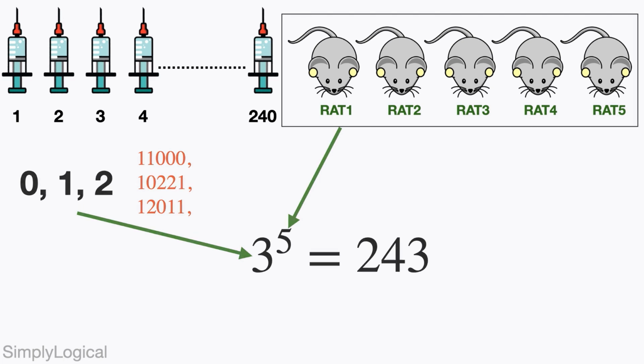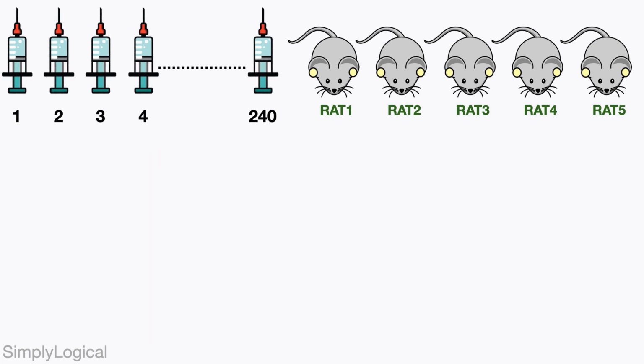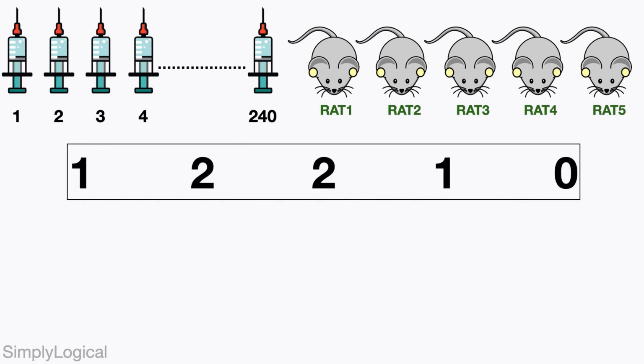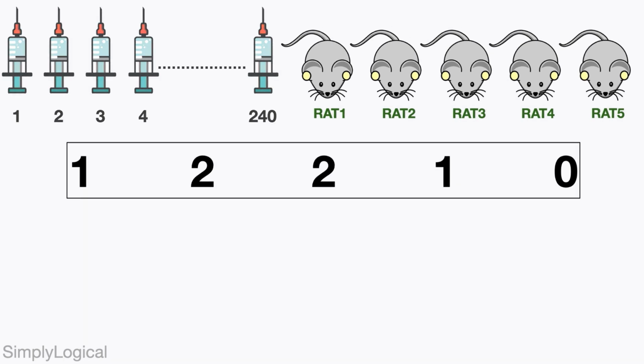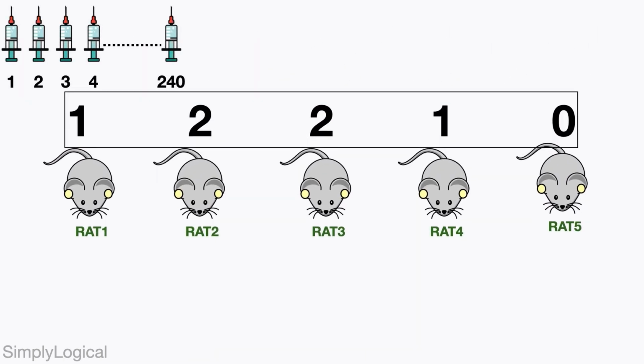So far we have labeled them. Now what are we going to do with this? Each place in the 5-digit number corresponds to each rat. Let's take the injection 12210. Here the leftmost digit, that is 1, corresponds to rat 1 and the rightmost digit, that is 0, corresponds to